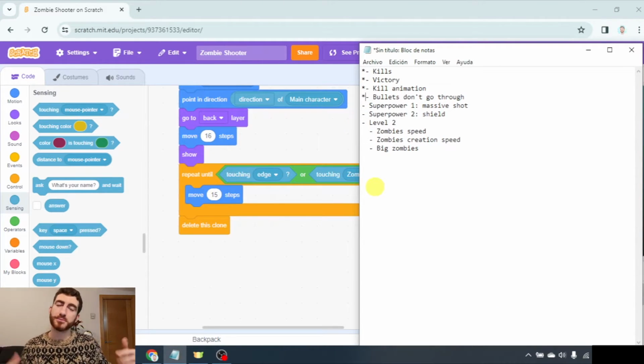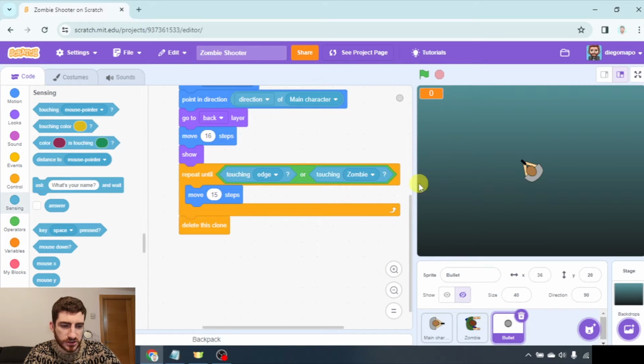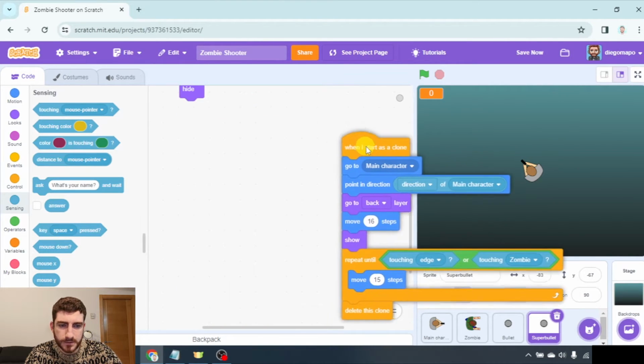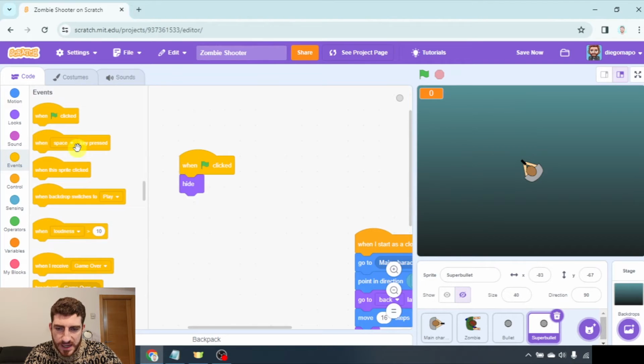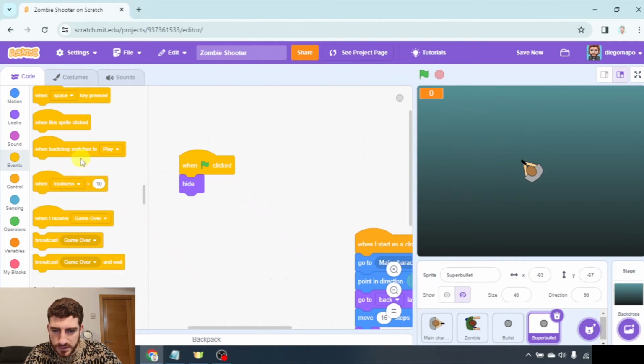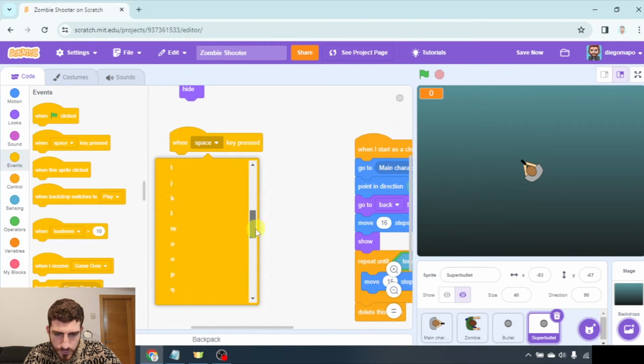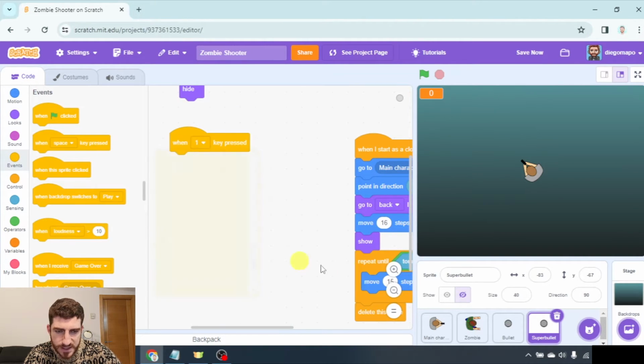And now let's go to the superpowers, which is something that is gonna take, well, a longer time. Let's begin with the massive shot. I'm going to duplicate this bullet, which is gonna be called super bullet. And in the case of the super bullet, it's gonna start hidden. I'm gonna move this here. We're gonna activate it when, for example, number 1 key pressed,